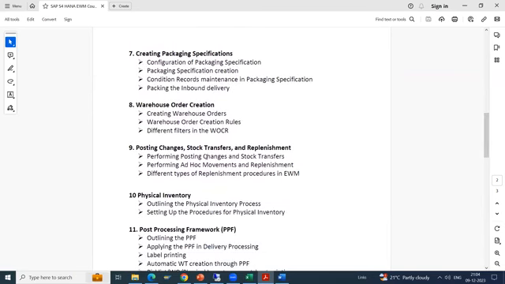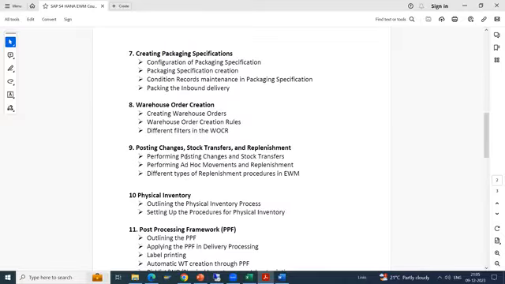Then we have the internal warehouse movements. You want to move the stock or the pallet or the carton from one bin to another. You notice that one of the cartons is damaged. So how you want to block the carton, how you want to scrap the carton.